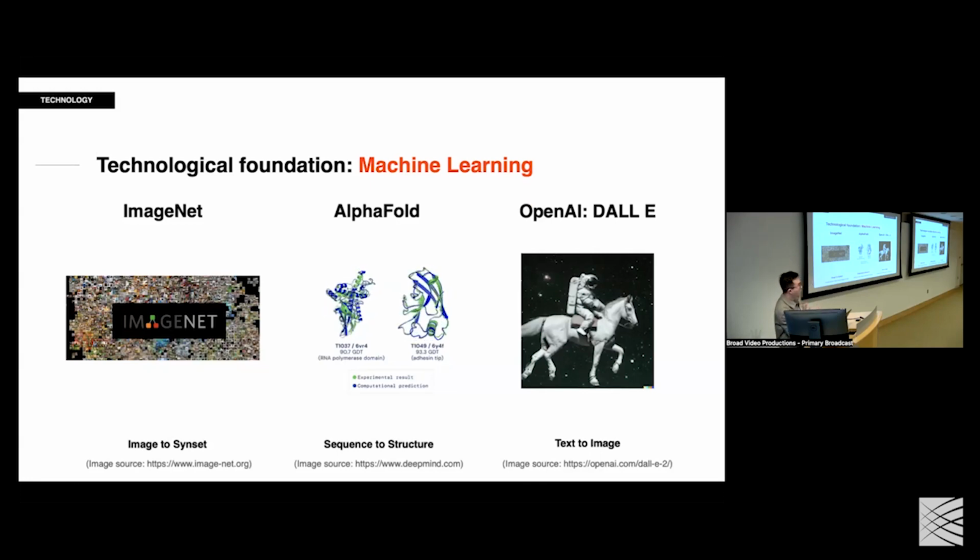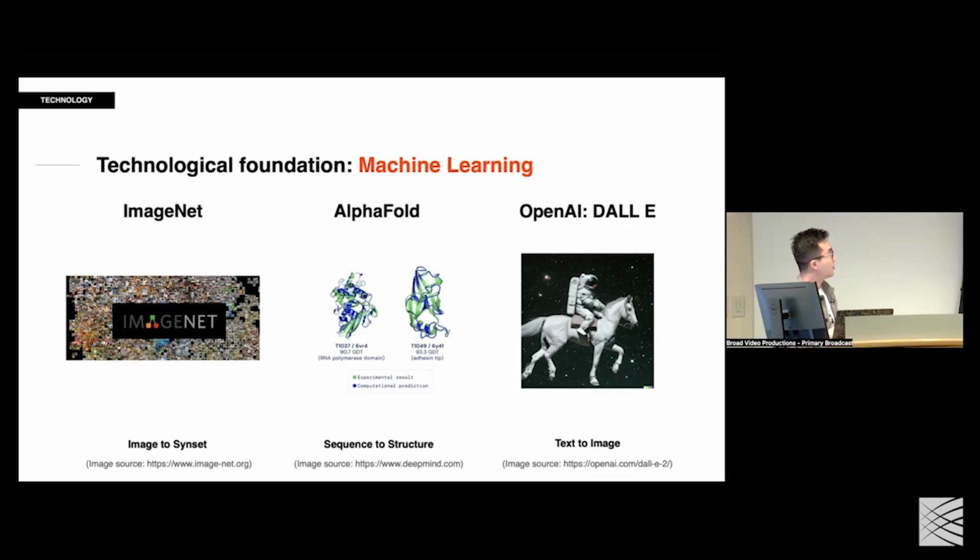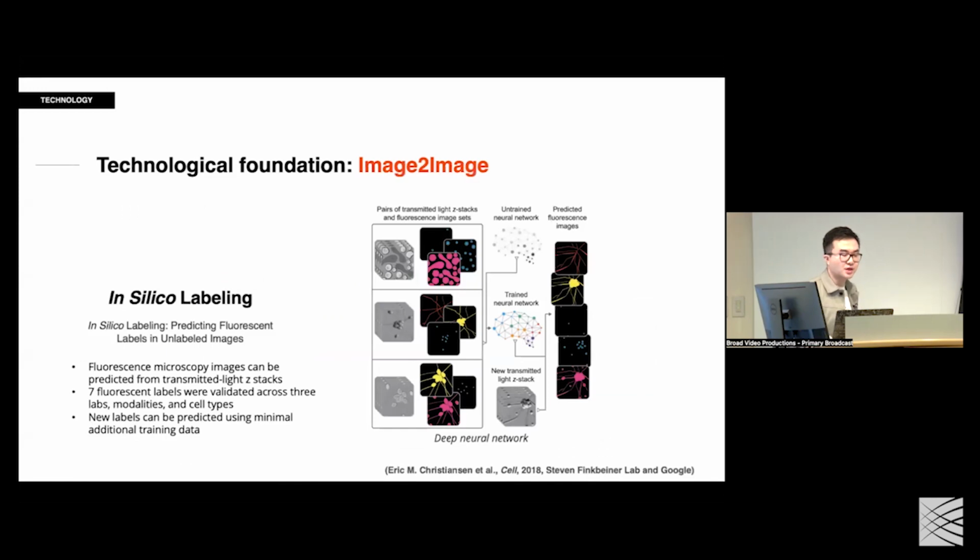But all of these share one thing in common. They're doing a translation problem like the one we are trying to do. In ImageNet, they were trying to translate the imaging information into labels. From AlphaFold, they're trying to generate the structure from the sequence information. And for DALL-E, they're trying to translate the text information into imaging data. For AlphaFold and DALL-E, both the sequence and the structure are describing the same object, and the text and the imaging are also describing the same information. That's why we started to ask, can we actually translate the imaging data into all kinds of omics data?